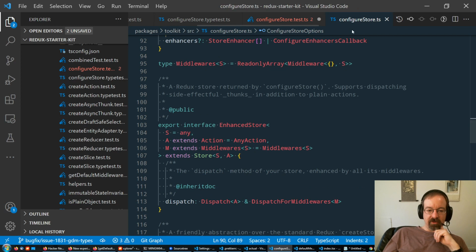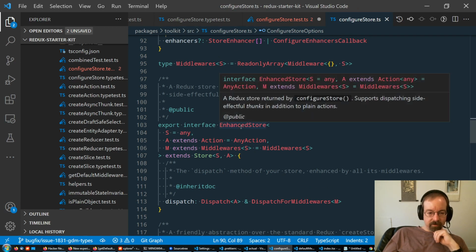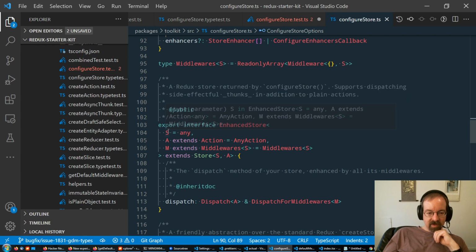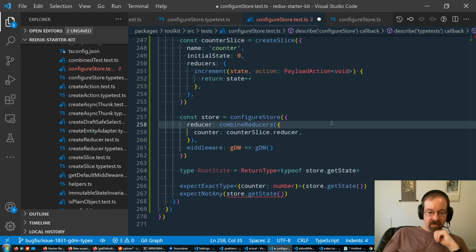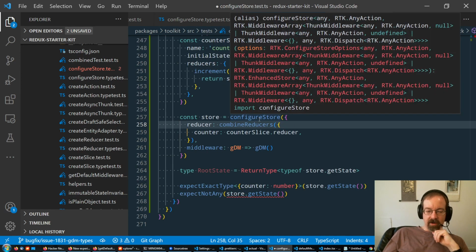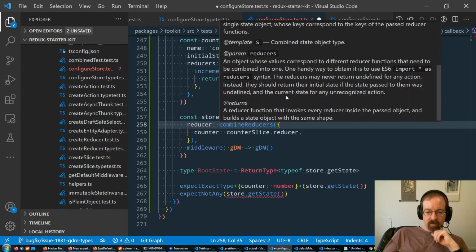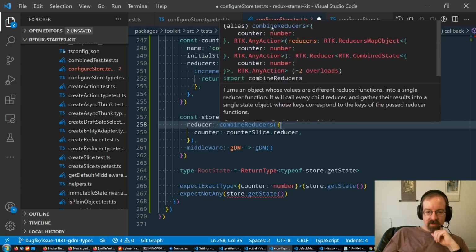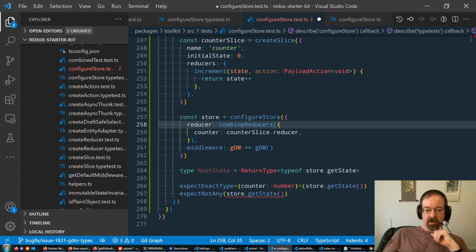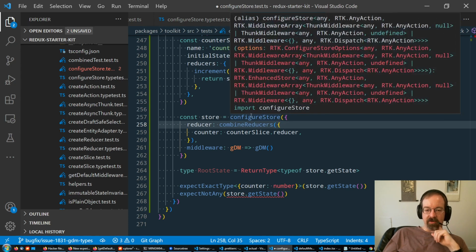Okay, so the enhanced store type takes state as its first generic argument. And if we mouse over here, these types seem reasonable. So by the time we get to configureStore,